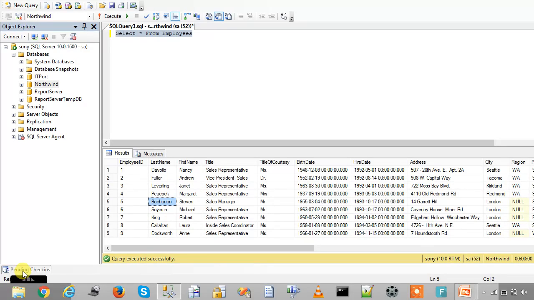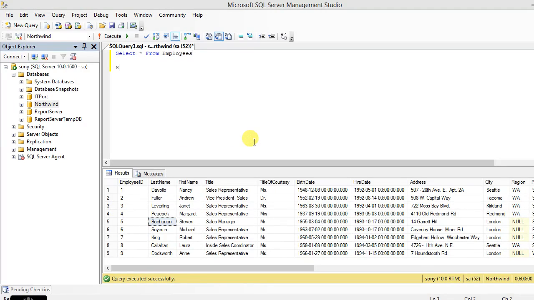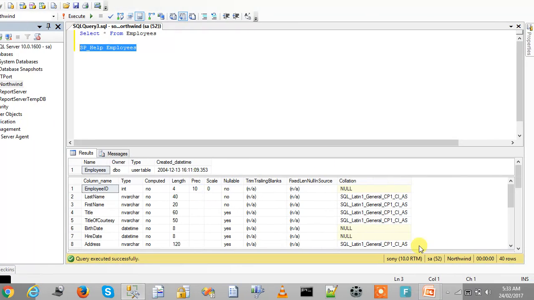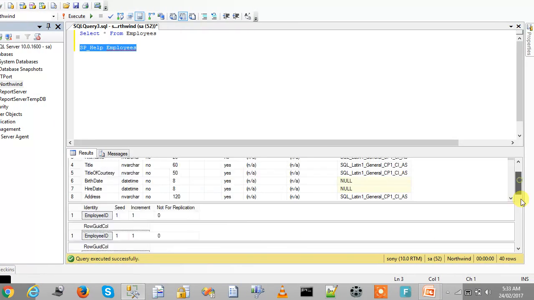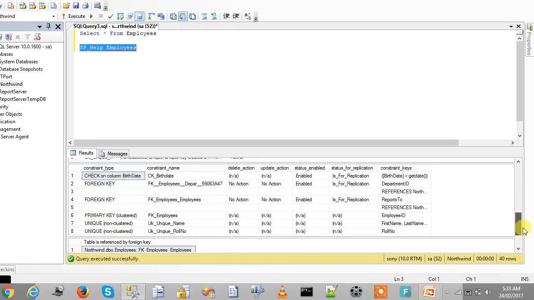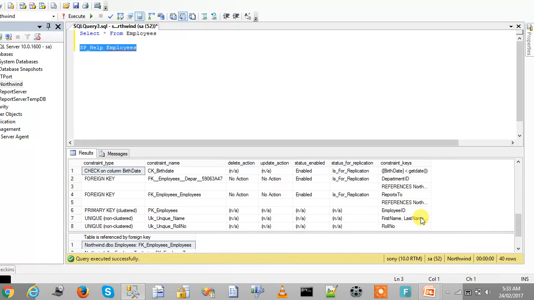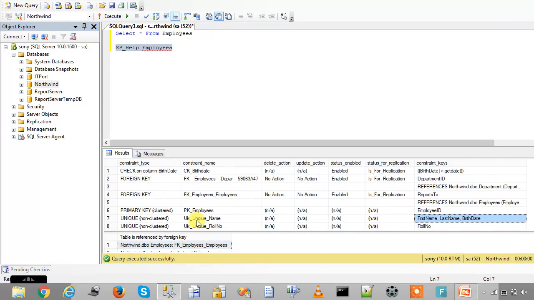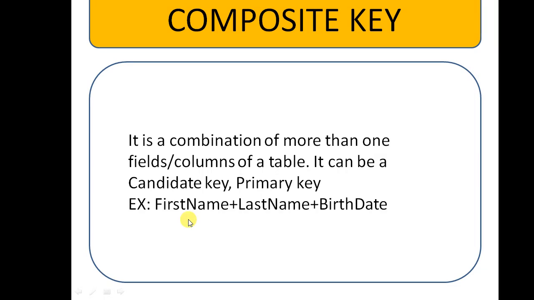The rest of the keys are created by only one column. This is only the combination of columns that's unique, so it's a composite key.